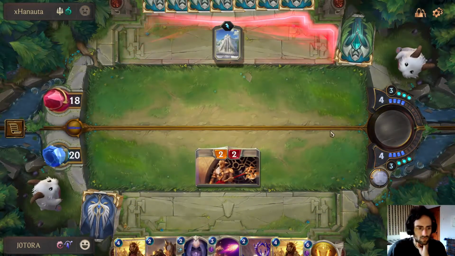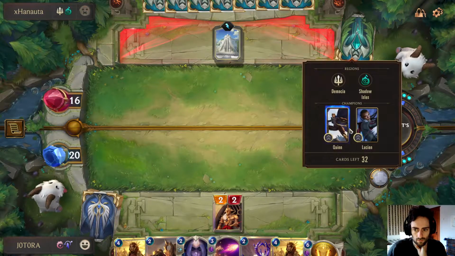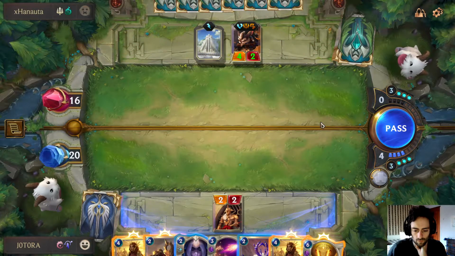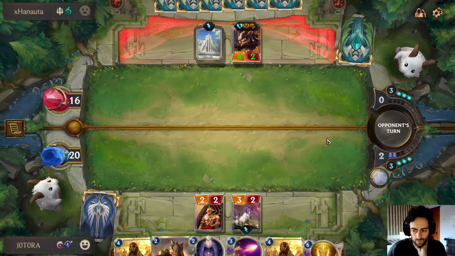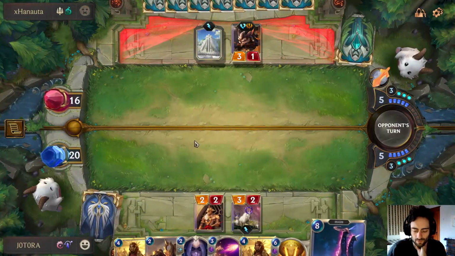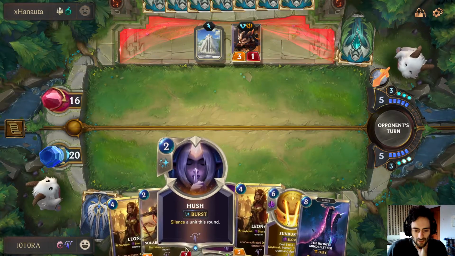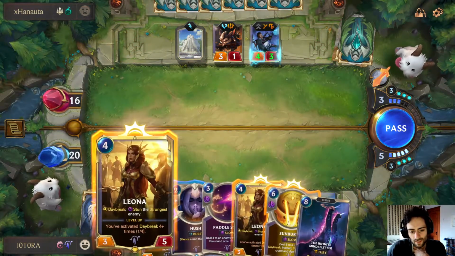Devotion to Battle. She's a 5-drop. Yeah, I'm up. Maybe I actually Sunburst that. They probably use a response. I'm assuming they have a second one of these. Hush could be good here to stop something nasty, but...